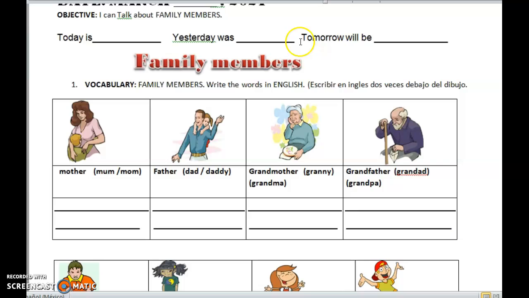Well, the first part is, here we have the title, that's family members. So, write the words in English. Escribir en inglés 2 veces debajo de cada dibujo la palabra en inglés, okay? So, mom, mother, se puede escribir así, mother, madre, mom, father, dad, daddy, grandmother, granny, grandma, grandfather, granddad, grandpa,